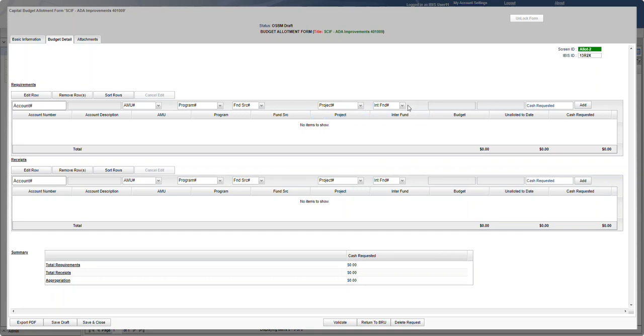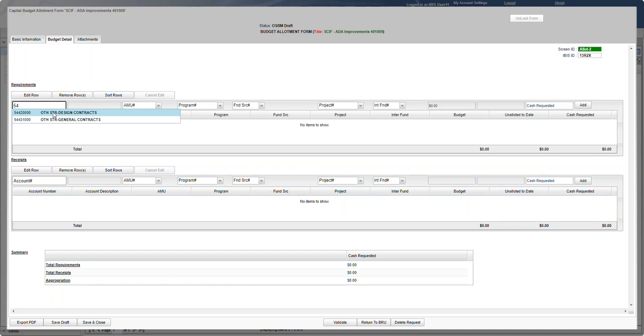If you try and do those out of order, I'll go from left to right. If you click on them, you'll see there aren't any options for you to select. The way IBIS works is once you've chosen the field furthest on the left that hasn't been filled out, it'll then start to pull on a list of options on the next field. So for this example, I'll be starting with an account that starts with 54. So I'll type in 54 and it'll bring up all of the accounts that are available for this particular budget